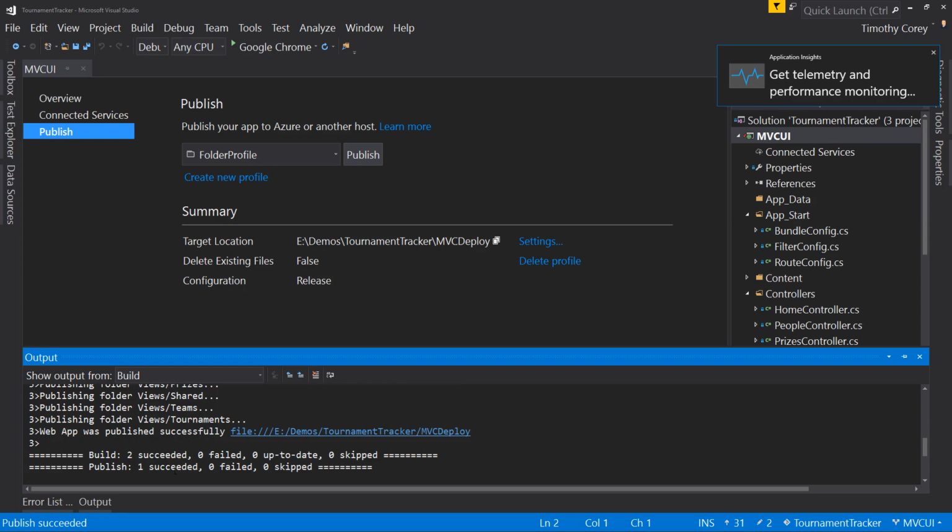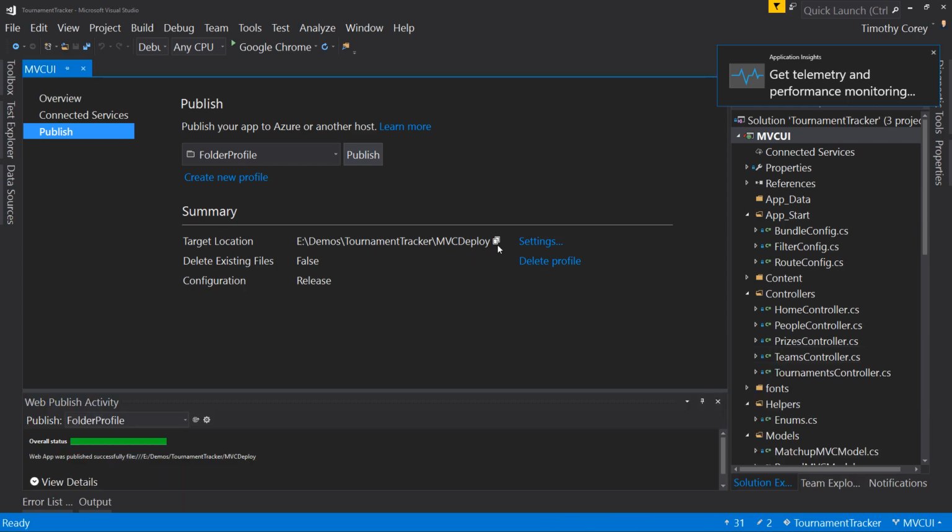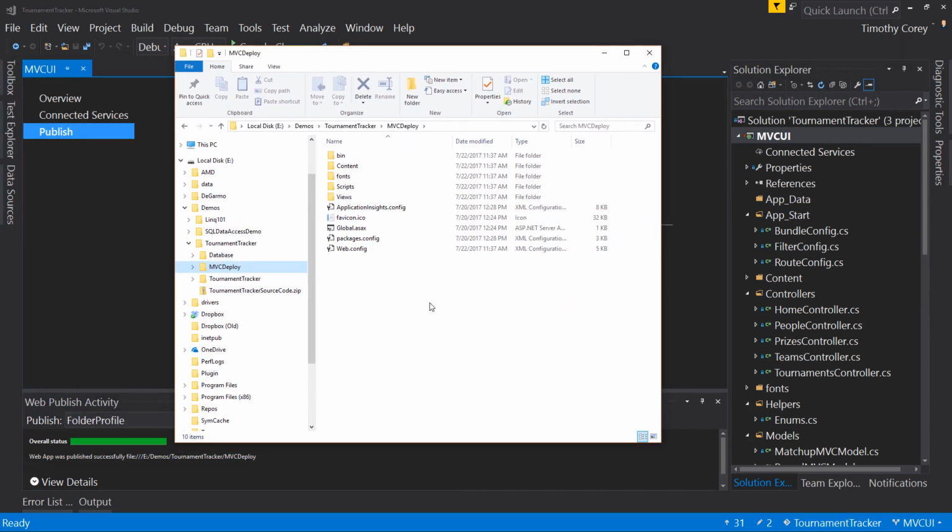So there's a lot of stuff going on here, but we've now completed. We have 1 success, 0 fail in the publishing, 2 success in the build, and 0 fail. So now let's go ahead and open this file location. All right, so let's pull this over, and here is our published MVC application. So all you need to do is take this and put it in your web server, and it will